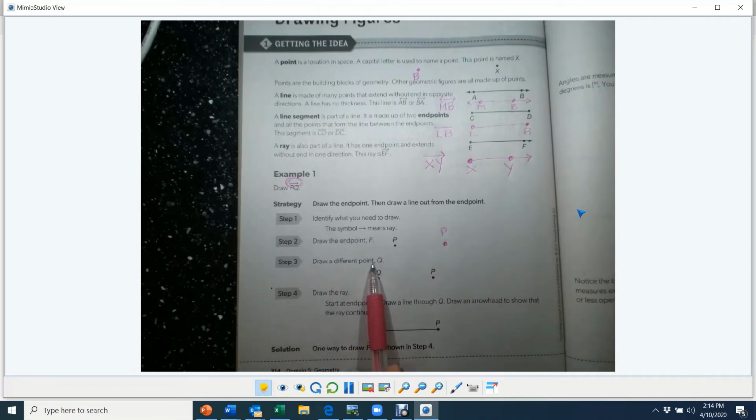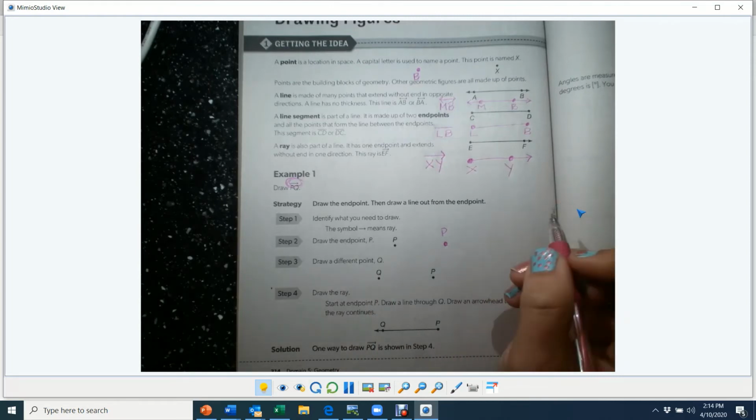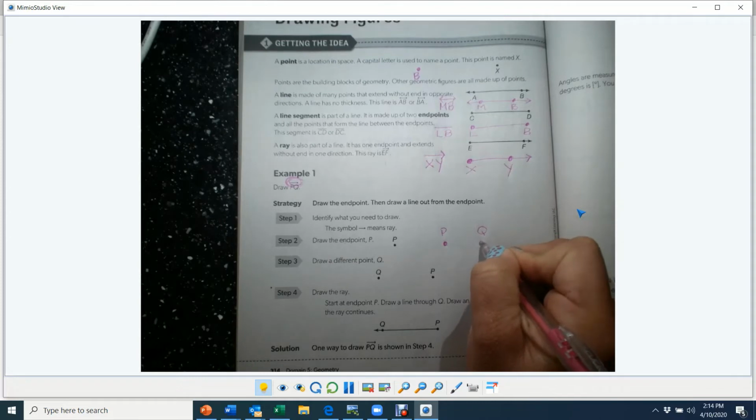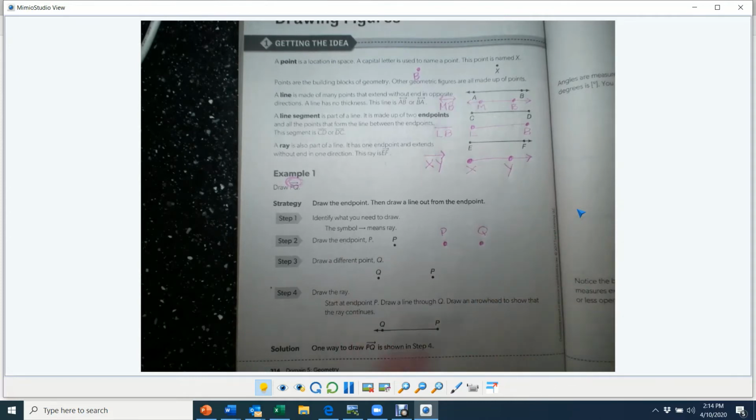Then they said draw a different point. They chose Q. It doesn't matter. You could choose whatever letter you want. But let's also draw a Q. And we're going to do ours the opposite way they are. So you can see that a ray can go either way. So now that we have Q,